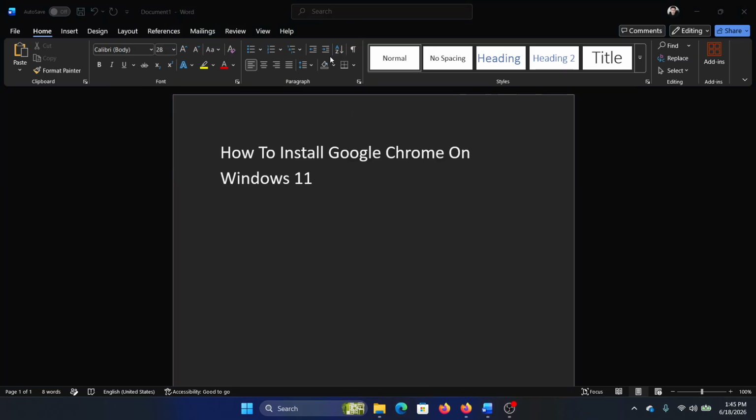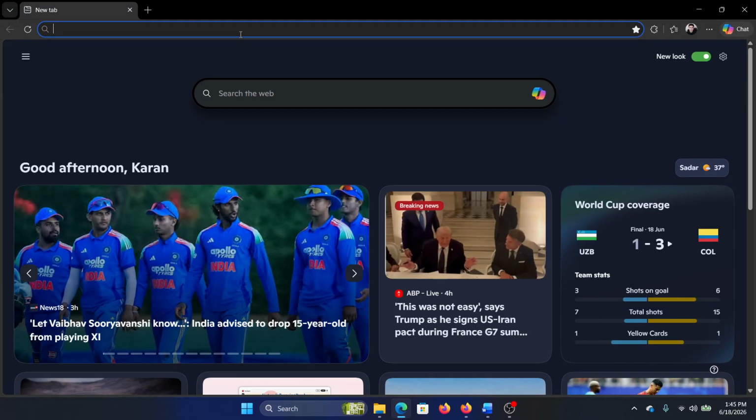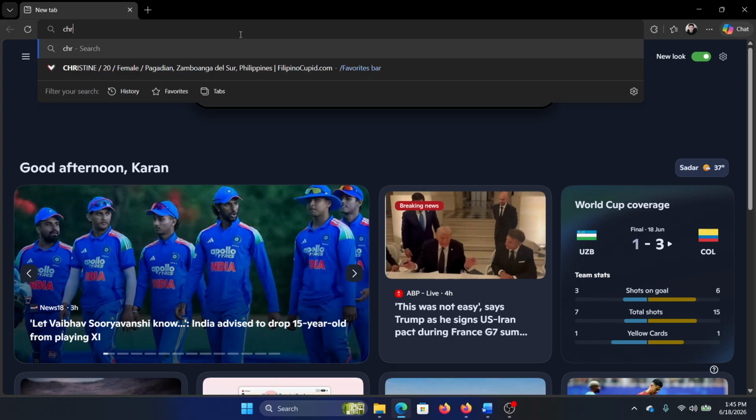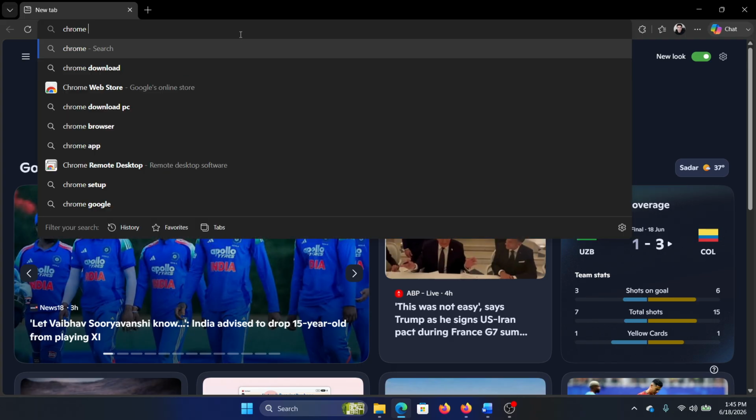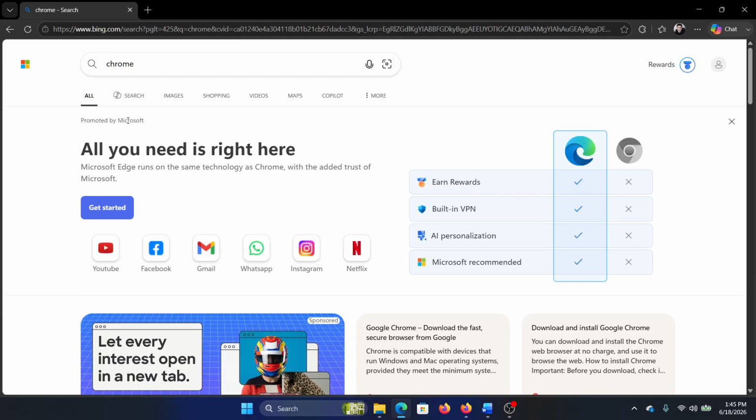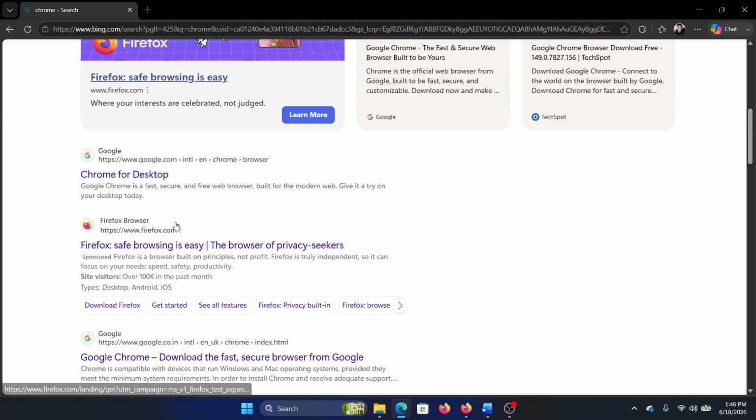Since Chrome is not available on the Microsoft Store, it's a competitor brand. So all you need to do is search for it on any browser. If you do it on Edge, it will start giving you every reason not to install Chrome, etc., etc. But since we have to do it, we'll go to Chrome for desktop